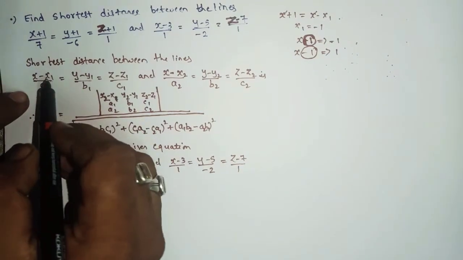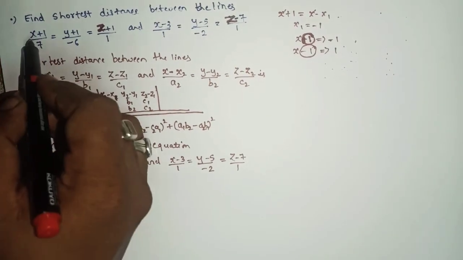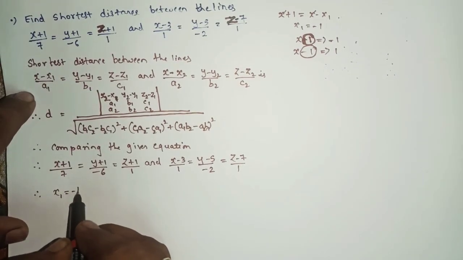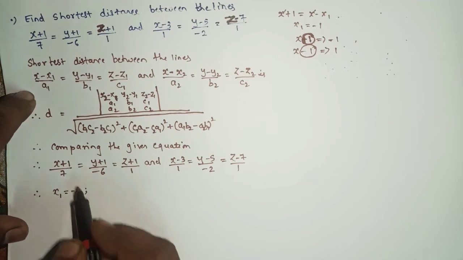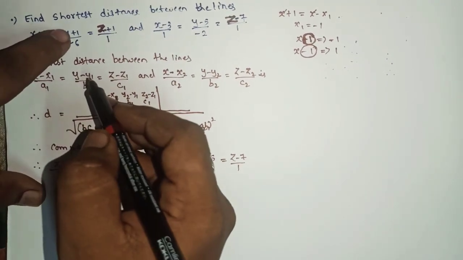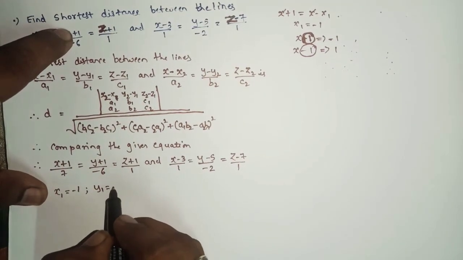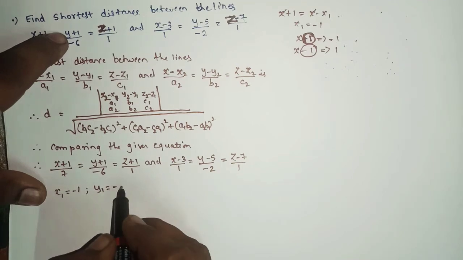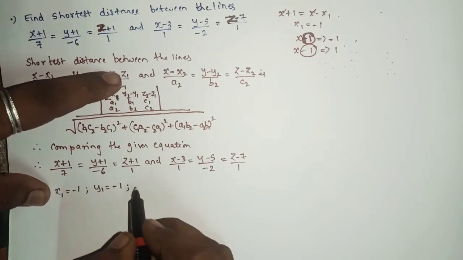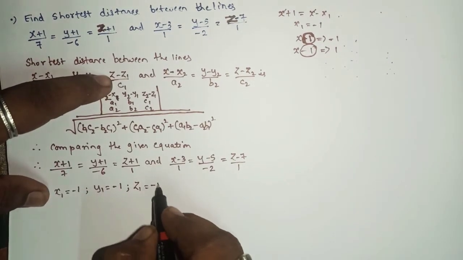So or else you can do it like this also: x minus x1 equals x plus 1. So clearly we can see that the x1 value will be equal to what? Minus 1. Same for the coefficient: already here it is positive. If already it is positive, so the value will be what? For y1 here it will be negative. Now we'll check for z1. Again z1 already is positive, so here we will write negative.